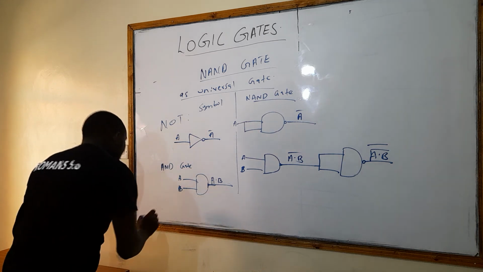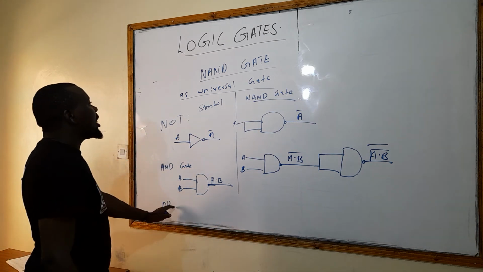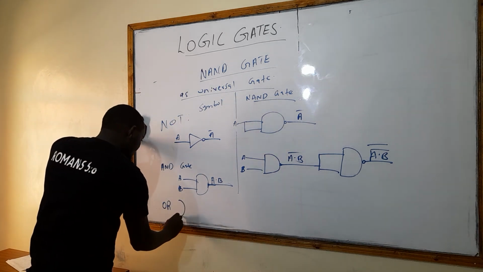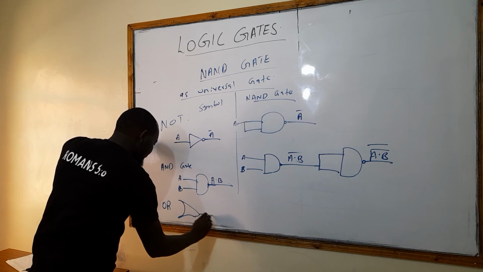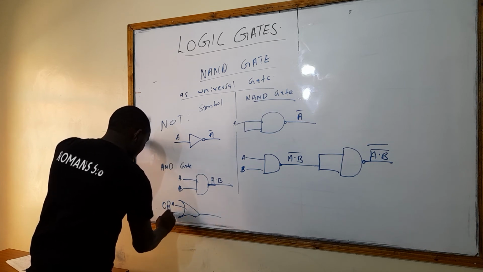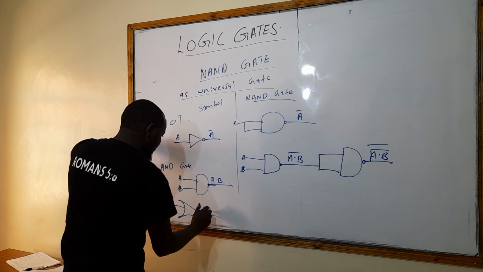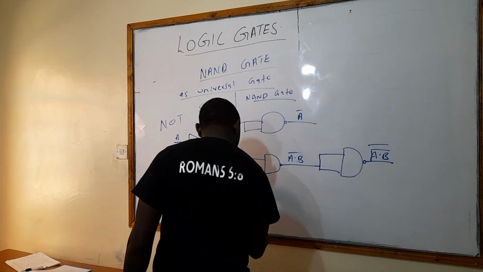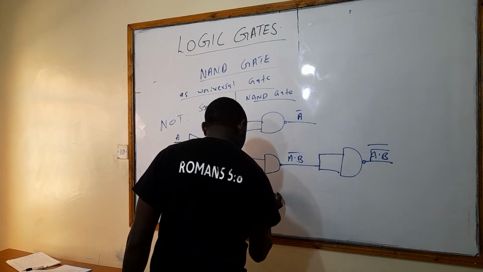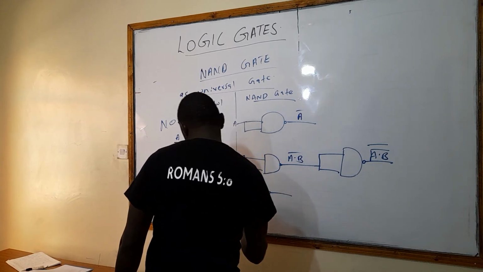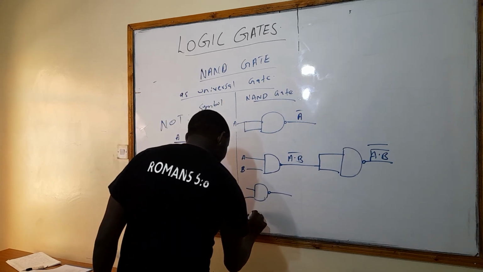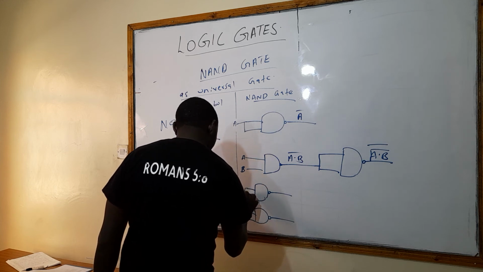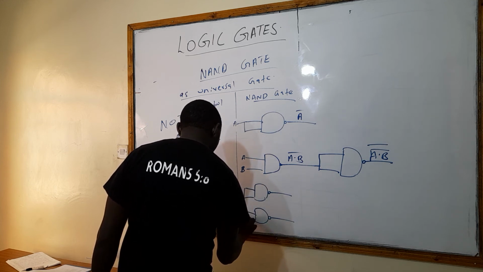The next one is an OR gate. How can you implement an OR gate using a NAND gate? An OR gate is drawn like this. This one is A and B. This one is A plus B. Now, we bring another NAND gate, another NAND gate, and then we combine these two with a wire so that you can have